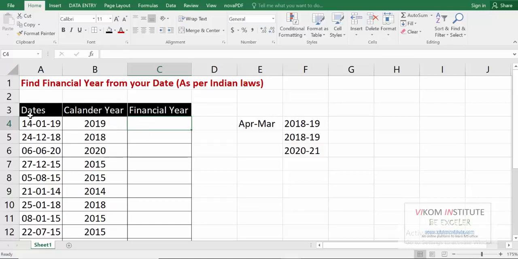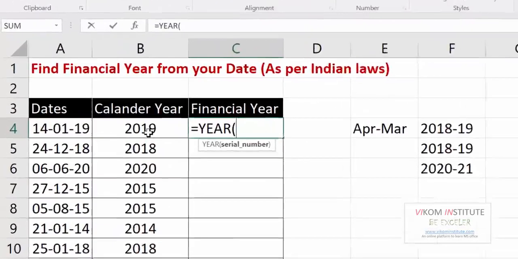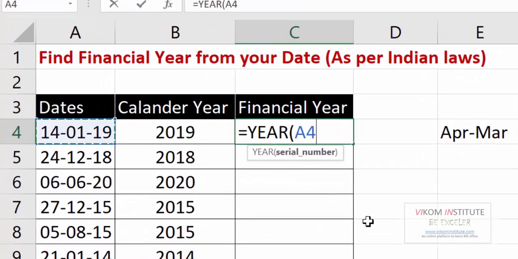Since our month is less than 3, the first year of the financial year would be my calendar year less 1. So what we are going to do is just extract my year. I have extracted my year from the formula.